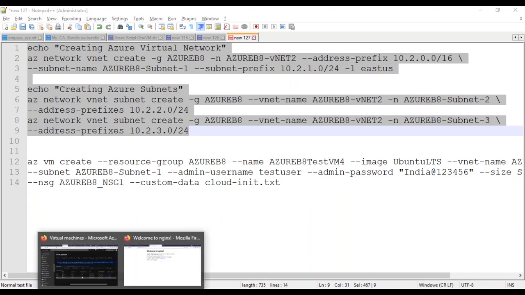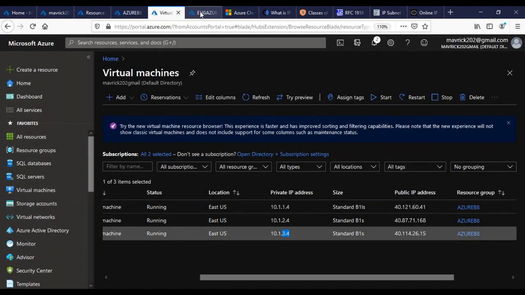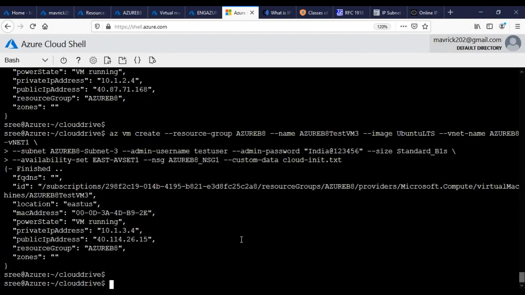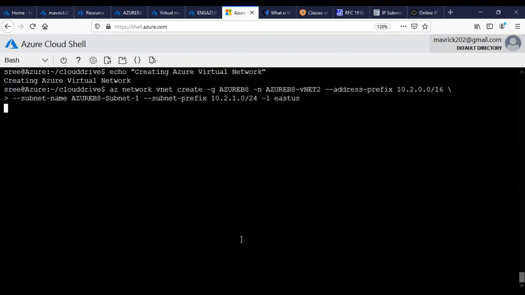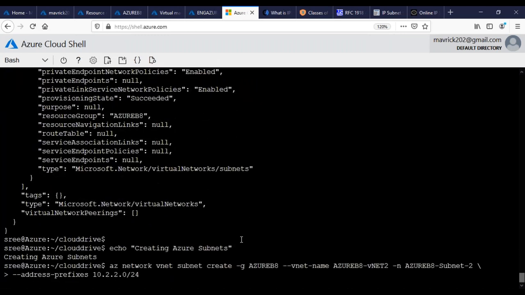I'm going to copy here. Go to the shell. Say control shift insert. So let's see. So it's done.